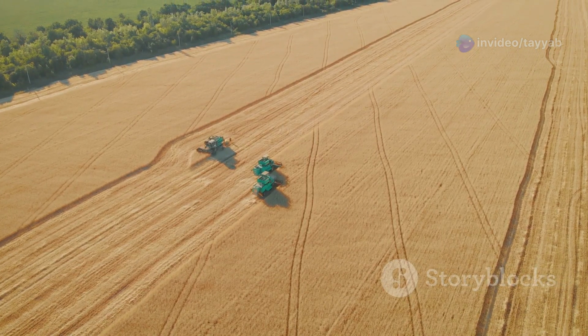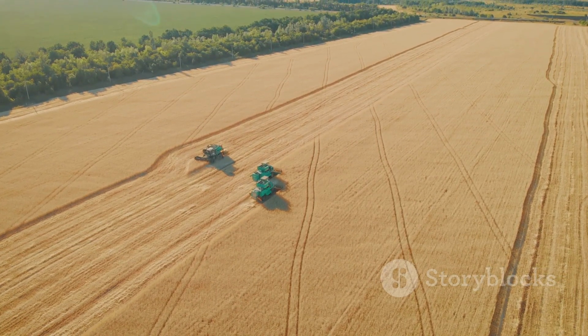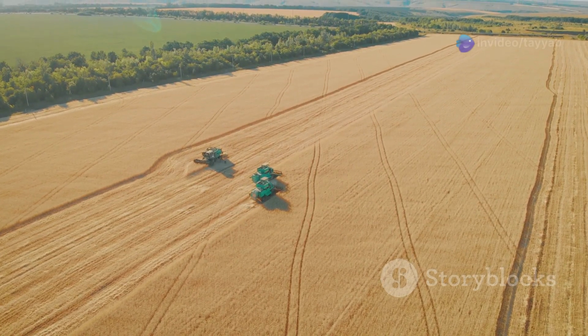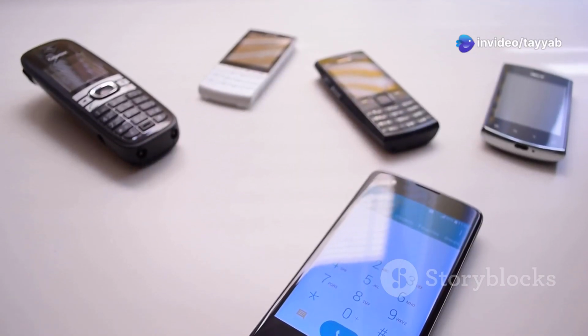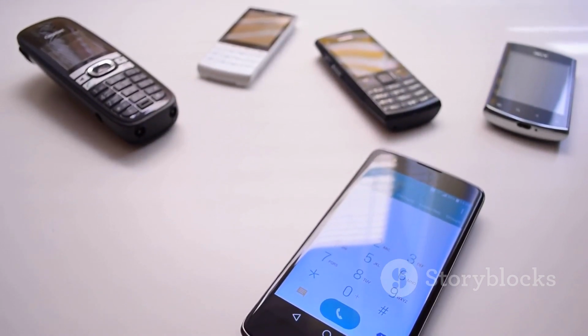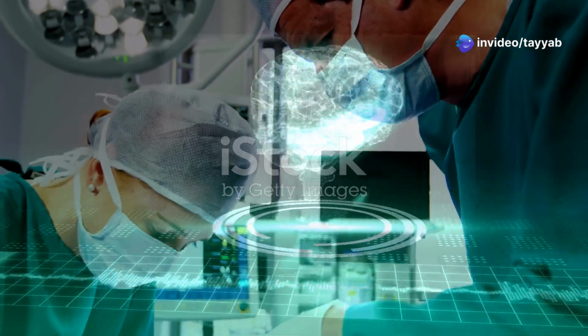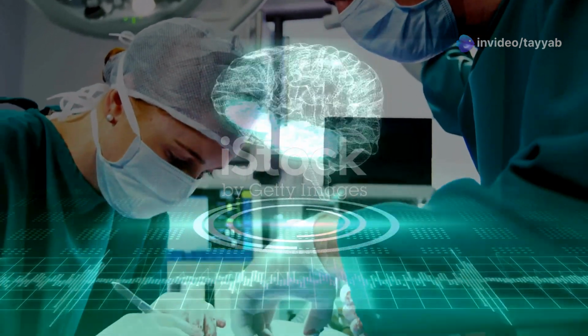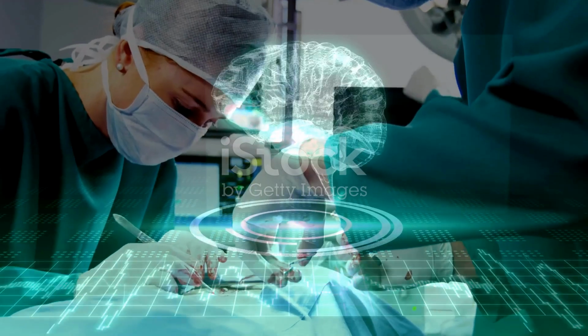This agricultural transformation was driven by scientific research and technological advancements, which enabled farmers to produce more food on the same amount of land. Furthermore, Malthus could not have foreseen the technological advancements that would shape our world. The Industrial Revolution brought about machinery that increased production efficiency, and the digital revolution has connected the world in ways previously unimaginable. From medical breakthroughs to advances in communication and transportation, human innovation has continually pushed back the limits of